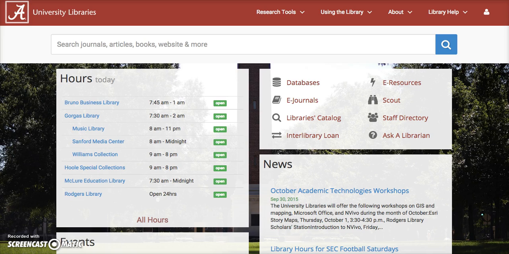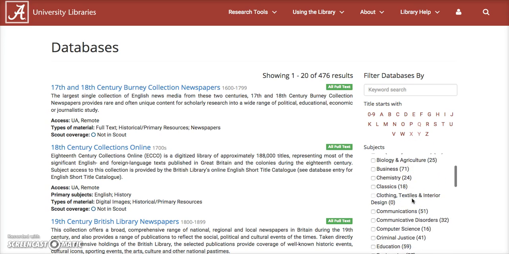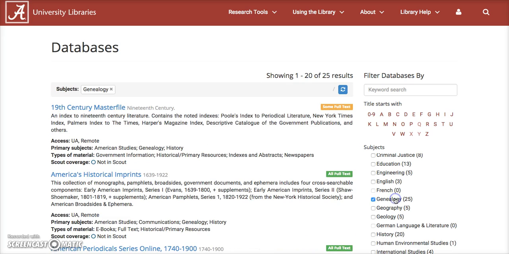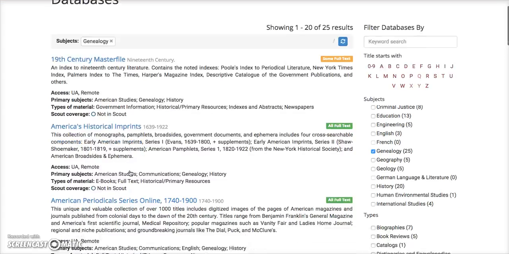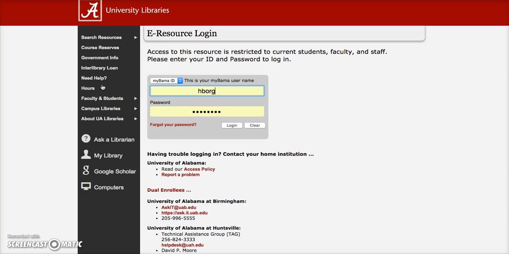You will first need to click on the database icon. Next, you can filter the database by a keyword search here, alphabetically here, or by subject. For this first search, we are going to use the subject guide, Genealogy. We will now scroll down to Ancestry Library Edition. After we click to open it up,